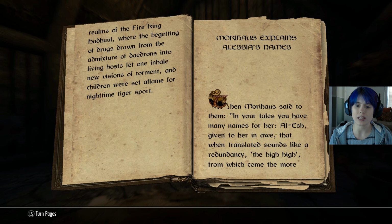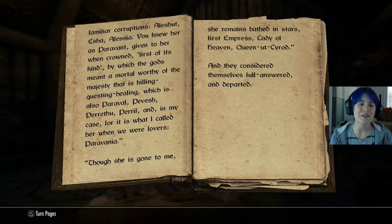Then Morthal said to them, "In your tales you have many names for her. Al-Esh, given to her in awe, that when translated sounds like a redundancy. The High. From which come the more familiar corruptions. Alishut, Esha, Alicia. You knew her as Paravant, given to her when crowned, first of its kind, by which the